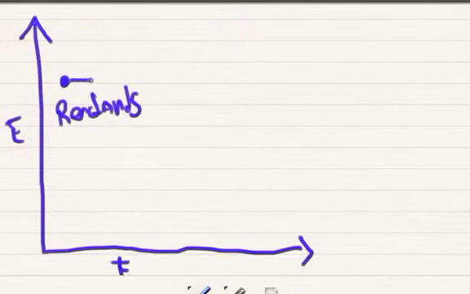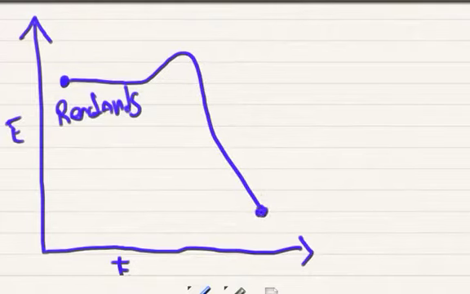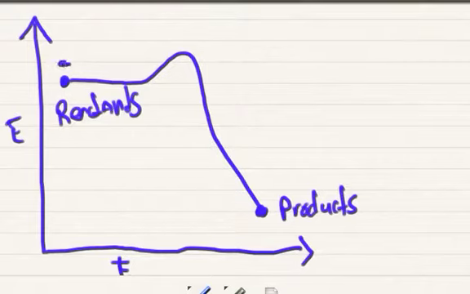There'll be an activation energy barrier that I get over, and then I go down to my products here. This is a typical exothermic reaction, and we know that because I have a certain amount of energy here that's higher, and then I end up with a certain amount of energy here that's lower, and so we know in this case that energy